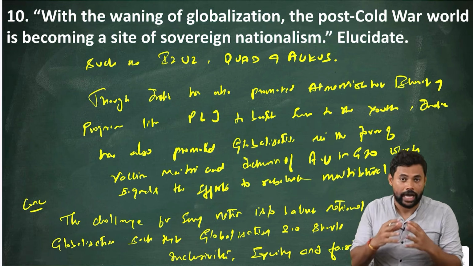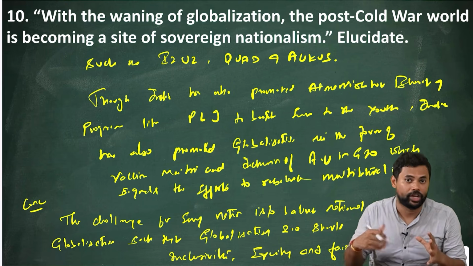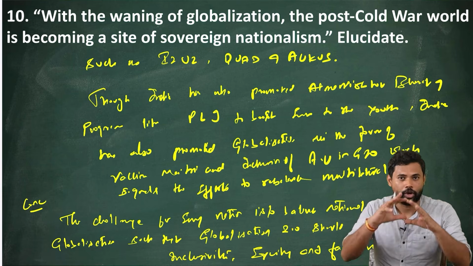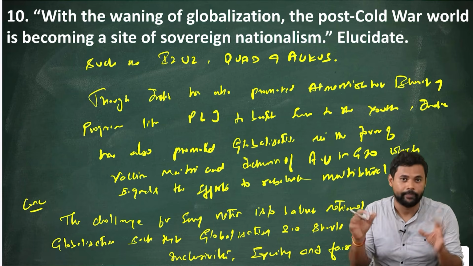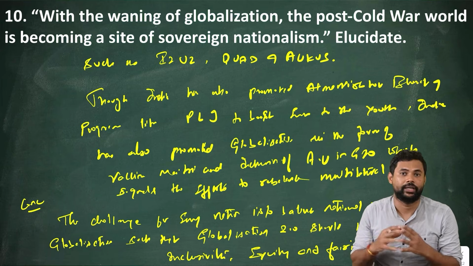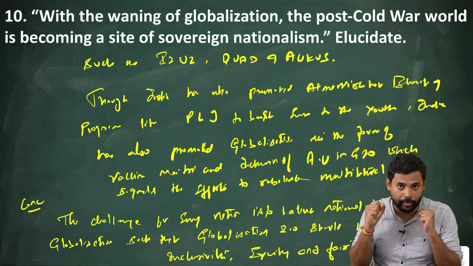Now if you see, I have not only used the keywords, I have used all the different examples that I would have studied in the current affairs in this answer. That is how you should be smart enough to take all the current affairs news that you have read. It can be carbon border adjustment mechanism. It can be China's Great Firewall. It can be America First campaign. So all these things are something that you would have read in the current affairs. So take all those things and you should be able to integrate it.